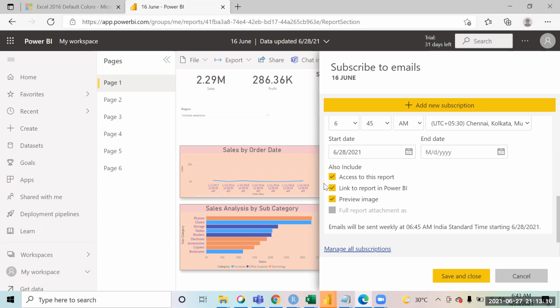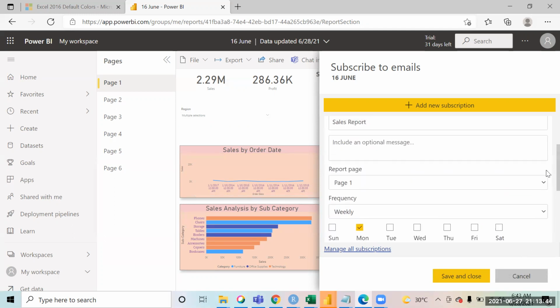When you receive a newsletter from a website, they send you a link only, and when you click on that link, the website opens up, correct? In this case, the link will go over there, but when you click on it, it will deny you, saying you can't open this report because you don't have access to it. The link is still valid, so a person can say, please allow me access. Maybe they'll give an option of request for access, like you get in Google Drive.